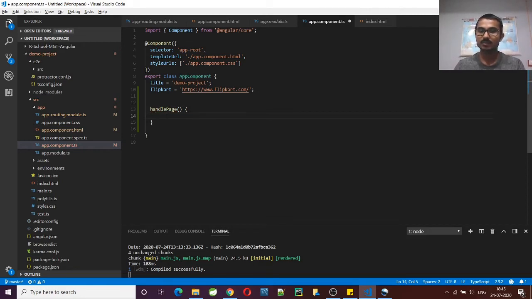Method is created. Now what will this handle method do? Suppose here I have declared one variable as Flipkart, and this would be of string type, with a small s. And in handlePage I'm trying to assign this value to this Flipkart.